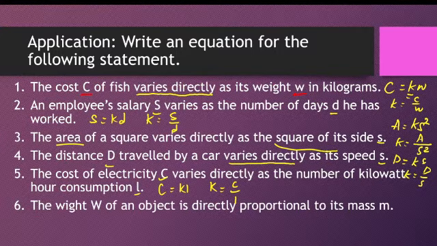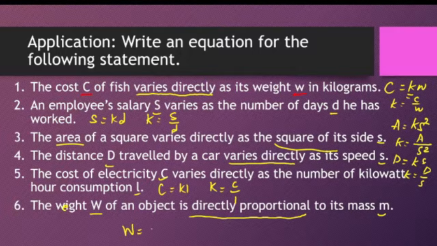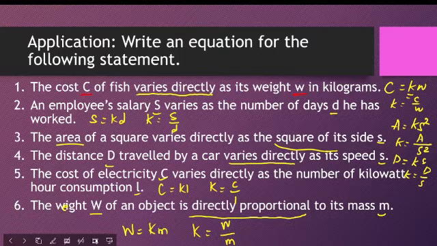And finally, the weight W of an object is directly proportional to its mass. So, for the weight, we use W. And then, directly proportional, so this is a direct variation, and then for the mass, M. So that's it. W equal to KM. So, for the constant, K is equal to, isolated, W over M. Okay? So, those are the direct variation statements and real-life based